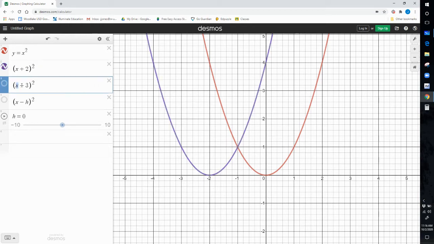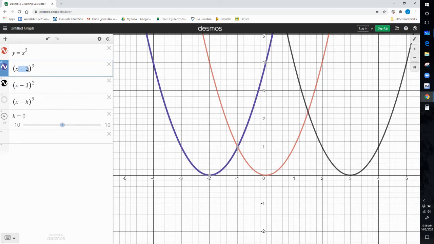I wonder if this next one goes to the right 3. Oh, look, it sure does. So there's a couple examples of what putting in numbers there do to the graph. It looks like it shifts it side to side. So I'm going to go ahead and put this. I didn't change the numbers this time, but let's go ahead and do the sliders. We're starting at 0. It goes really fast as my h values go,